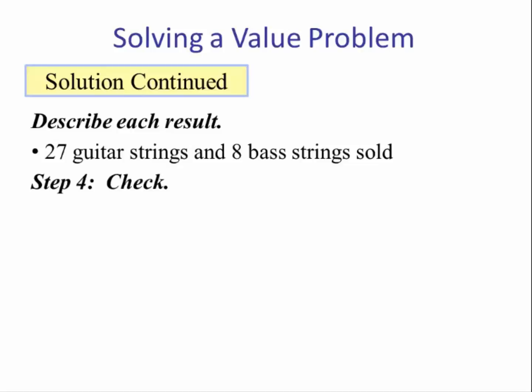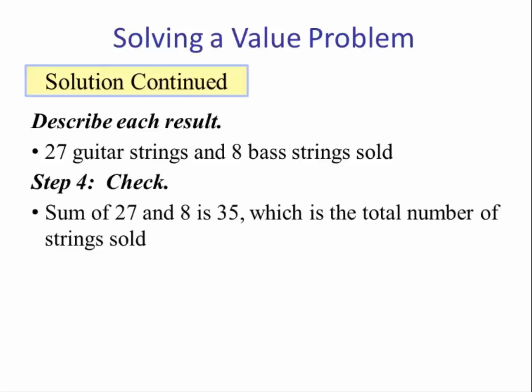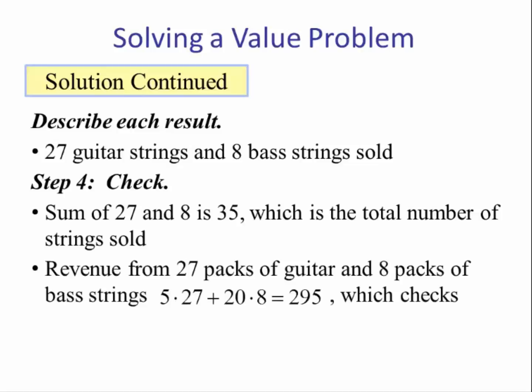Our last step is to check it. So if we take 27 plus 8, we get 35. So that's the number of sets of strings sold. And if we take 5 times 27, the cost of the guitar strings times the number of guitar strings, plus the cost of the bass strings times the number of bass strings, add those two up, we get